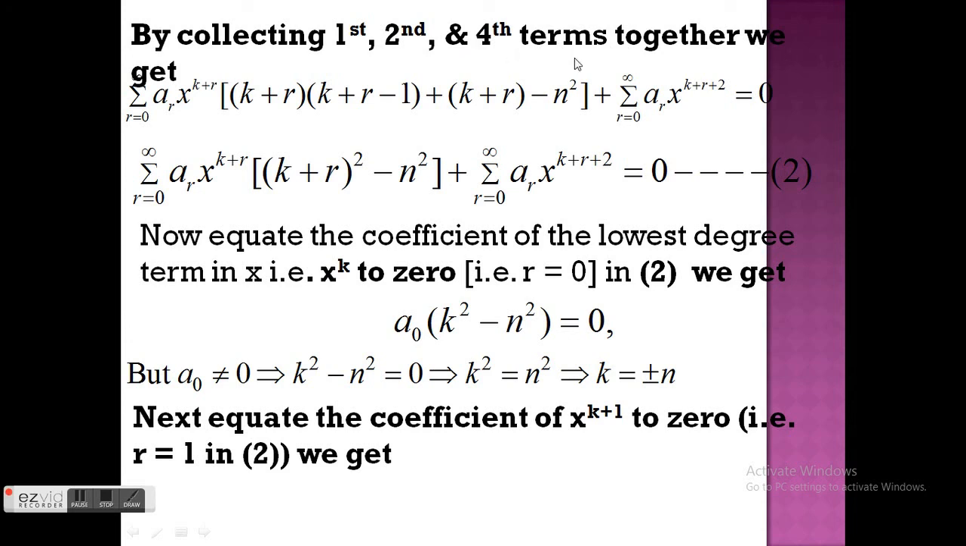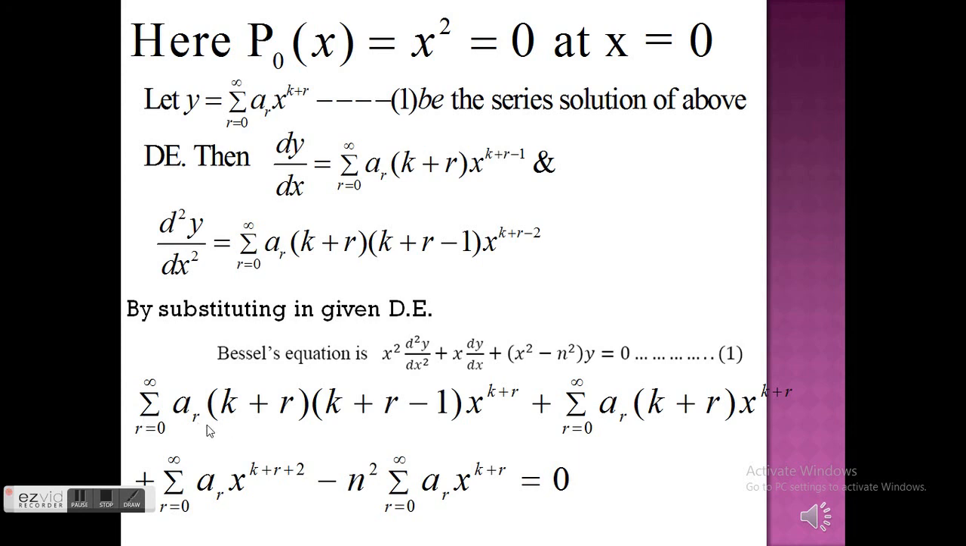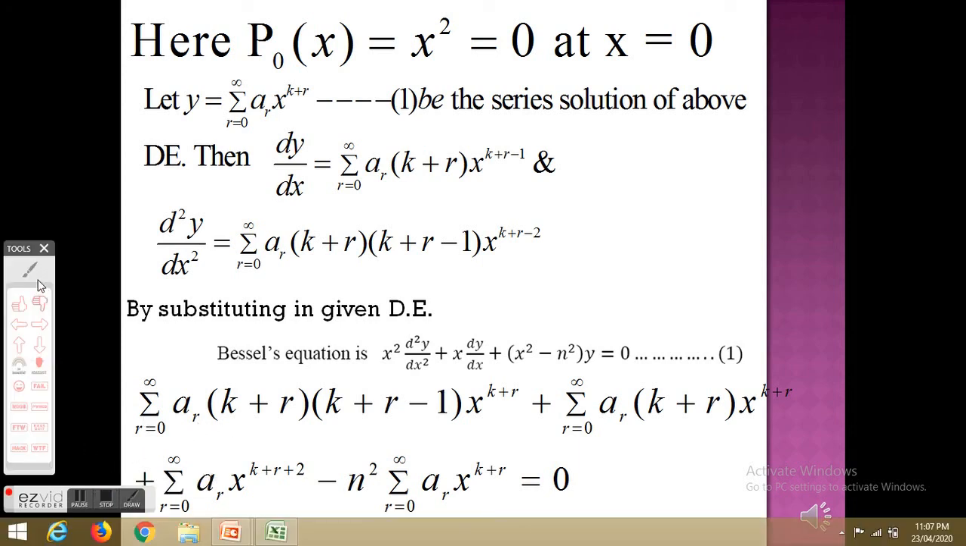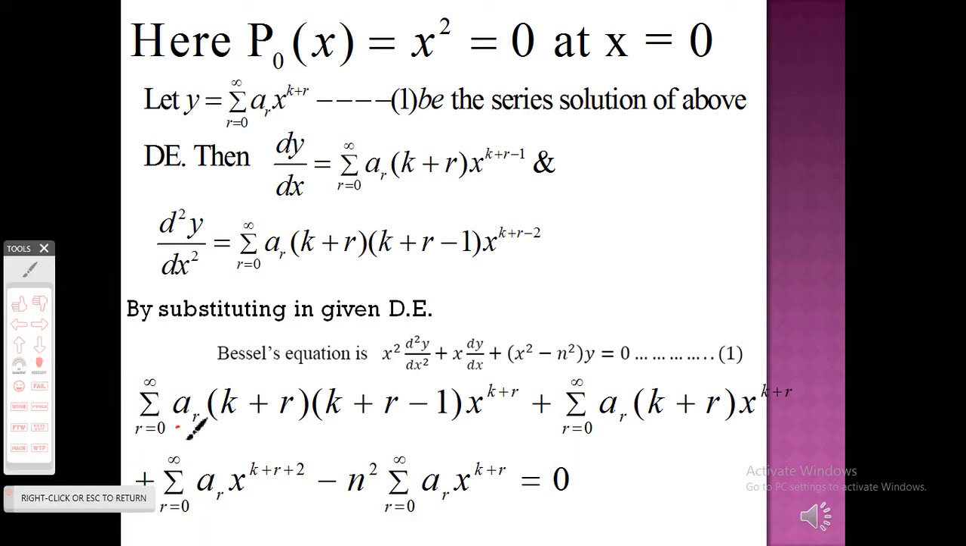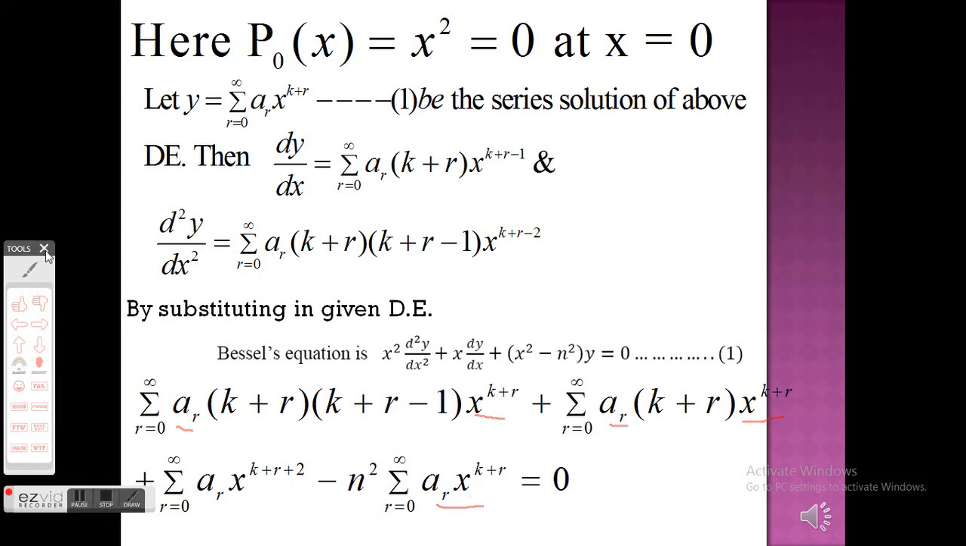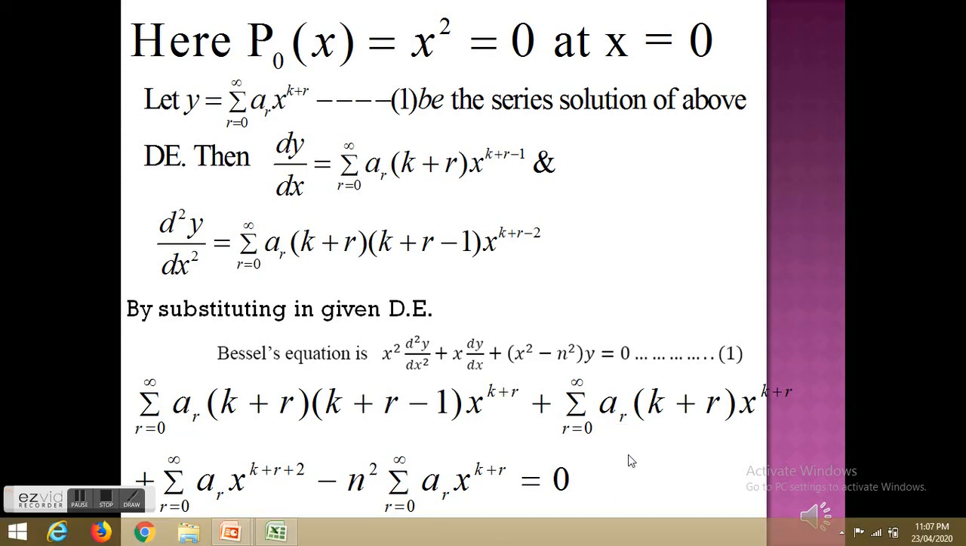Summation r is equal to 0 to infinity. Here ar into x to the power k plus r is common to all these three terms. I'll go back. In the first term you can see ar into x to the power k plus r, whereas in the second term ar into x to the power k plus r is common, and in the fourth term ar into x to the power k plus r. So therefore summation ar into x to the power k plus r, let me take it as common, on simplifying this,